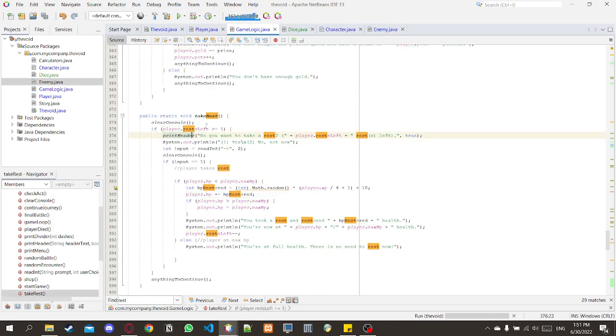So player was here. If player restless, yeah, here. That's what happened. We don't need to put this here, we should put this here. And then